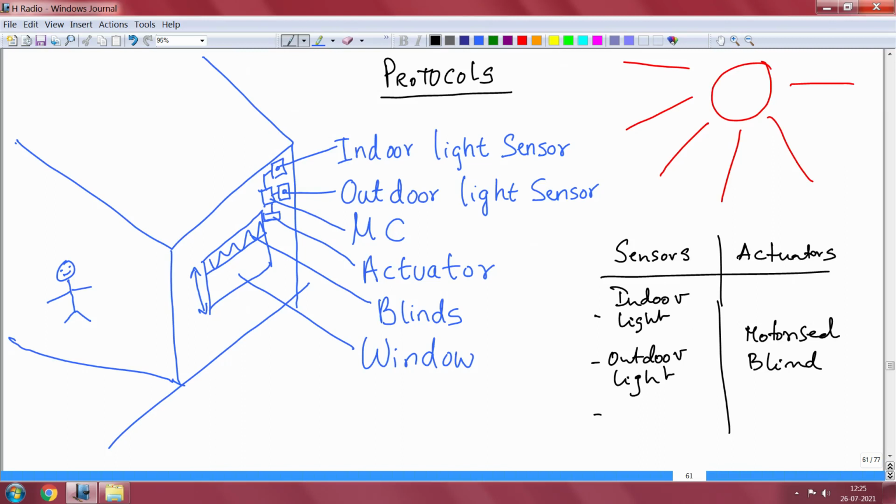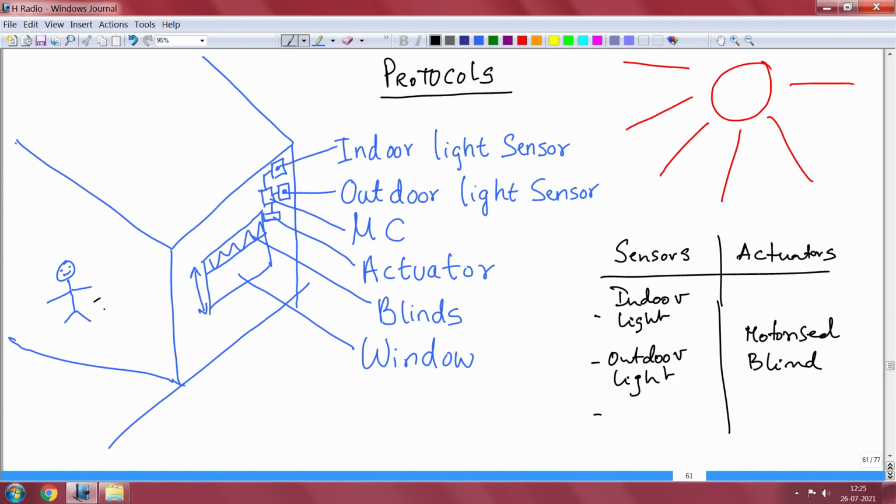What was the first week example? It was a pretty straightforward one. Our objective was to adjust the blinds based on the lighting condition. If the indoor light is poor, not comfortable for the human who is sitting inside, and you know that outdoor light is pretty high because the sun is shining brightly, you want to allow some amount of sunlight to enter inside.